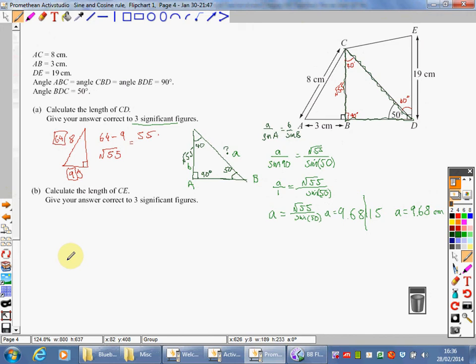Okay, now, what I didn't do, which is silly of me, was I forgot to update my original picture here. I've worked out now what A is. I know this is 9.68. I've got to find C to E. I'm now switching to blue for this question. I've got this side, and this side here. Okay, let's draw that triangle out. I've got C to E,